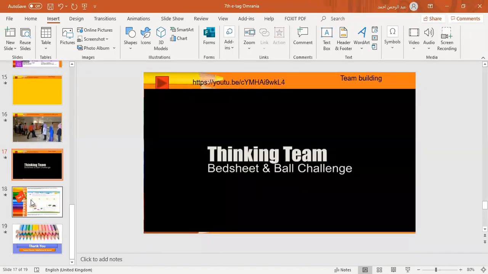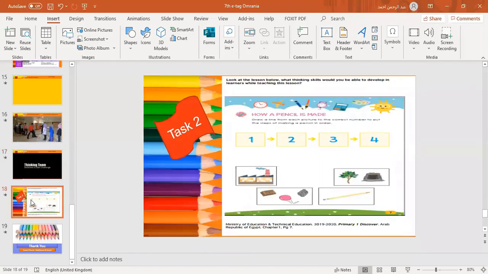And here is the second task. It's from primary one discover. You want to match the numbers with the pictures in making a pencil in order using